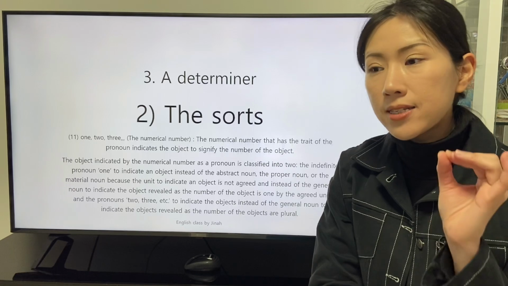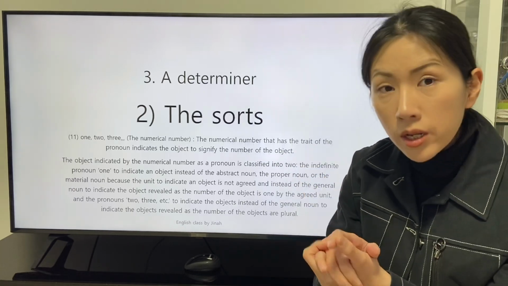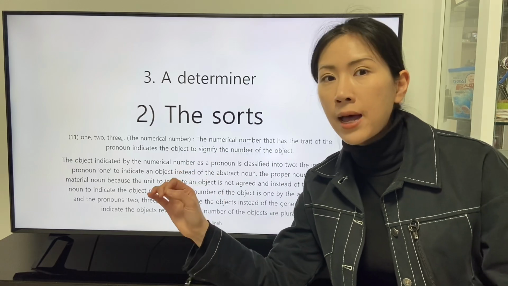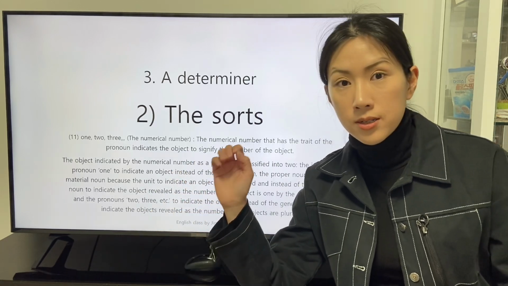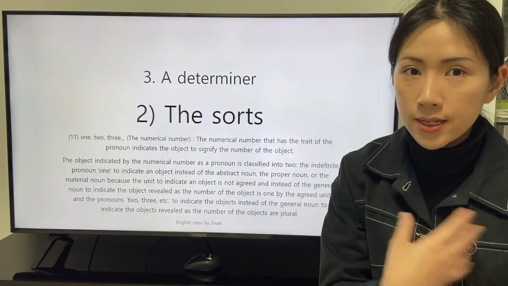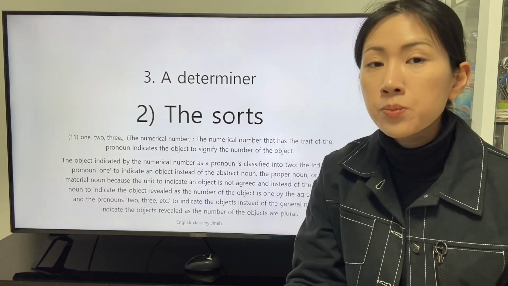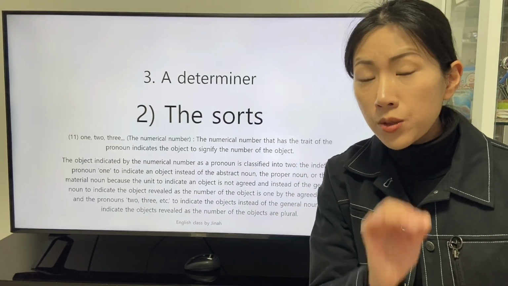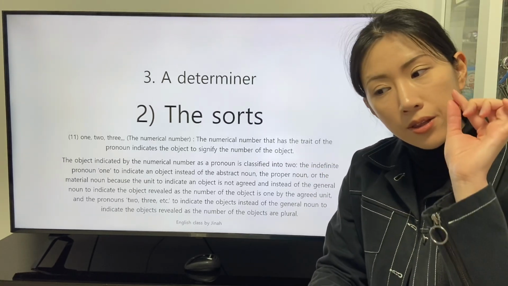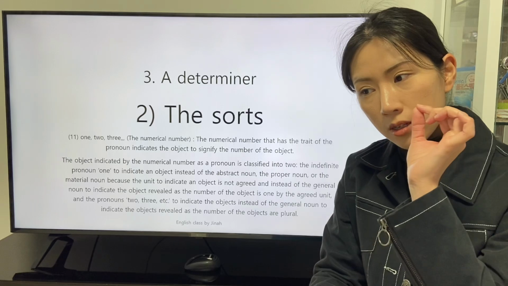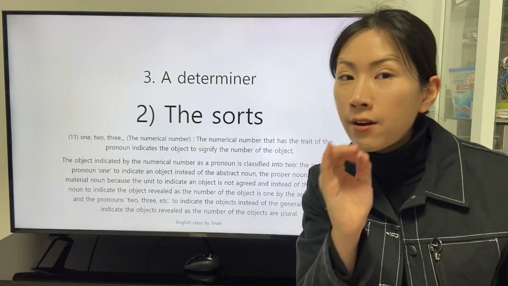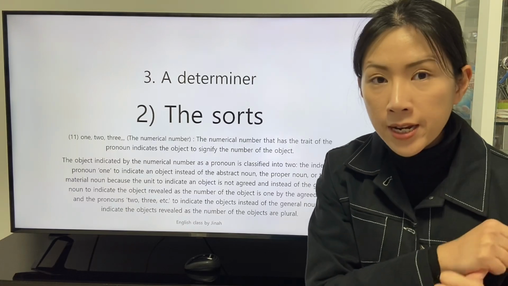The indefinite pronoun one also indicates an object indicated by the general noun whose unit is agreed in the linguistic group. With the consideration of the fact that the indefinite pronoun one indicates an object instead of the abstract noun, the